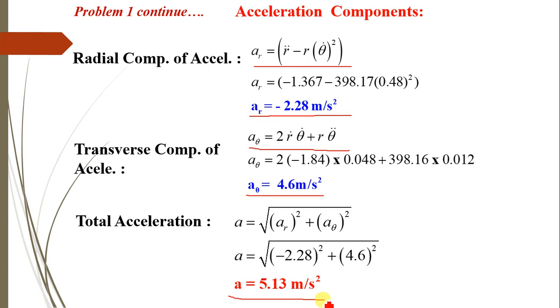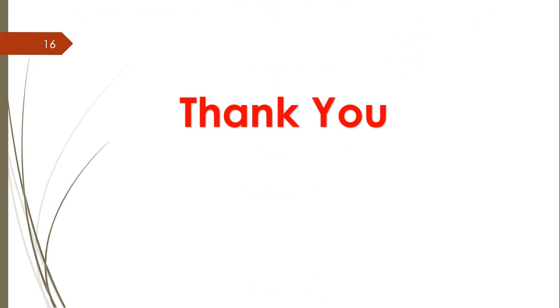See, in the case of the r and θ component system, the expressions for r and θ are given directly, from which we just have to find the values of r dot, θ dot, r double dot and θ double dot, and then substitute these values in the direct expressions of Vr, Vθ and Ar, Aθ to find the velocity and acceleration values. So in this way you can solve any number of problems to find velocity and accelerations using the r θ component system. As we have discussed in the earlier videos, we can also solve problems based on the NT system as well as the XY coordinate system. Okay, thank you.